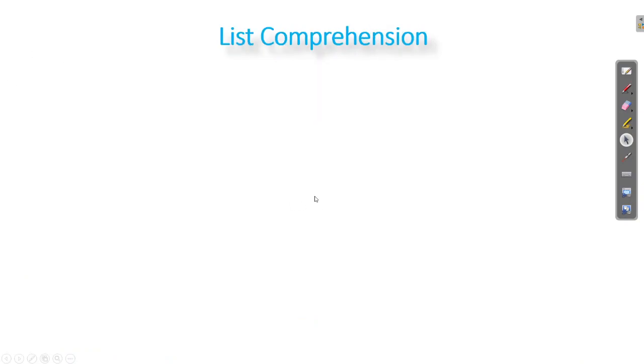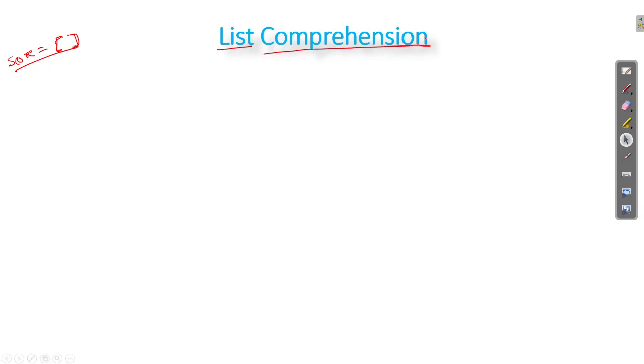So list comprehension. What is list comprehension? See, we have previously seen how we have created lists. We have provided the square brackets and we have created a list like score, and we have provided square brackets to initialize the list. There are also some powerful ways to create lists. So this list comprehension is one of those ways to create lists.